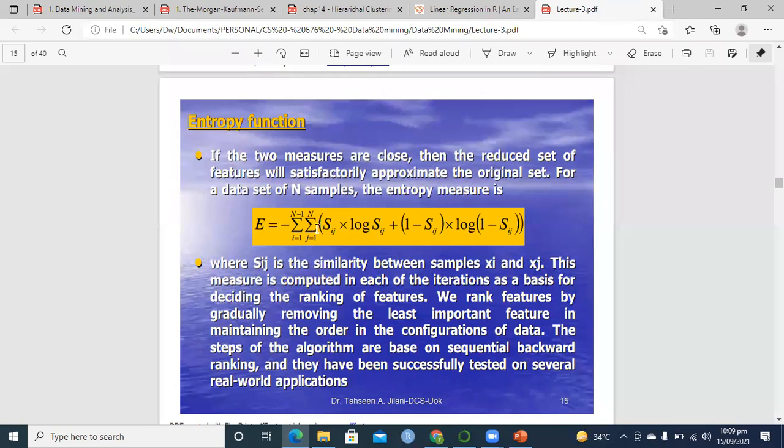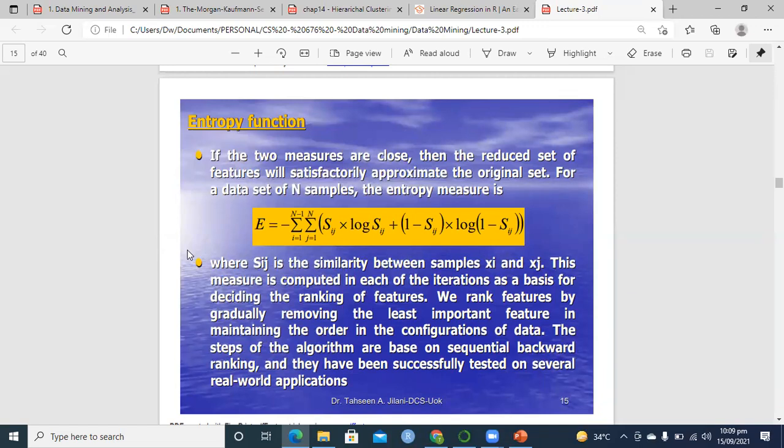So first we put all the Sij values times log of Sij plus (1 minus Sij) times log of (1 minus Sij). This is a formula taken from mathematics. That subject is called information theory, and this is called Shannon's entropy criterion from information theory, but it is very common in signal processing, data mining, and many fields. So this is the way you calculate the entropy for a whole set. What you will do, suppose you have n samples and you are calculating the similarity.